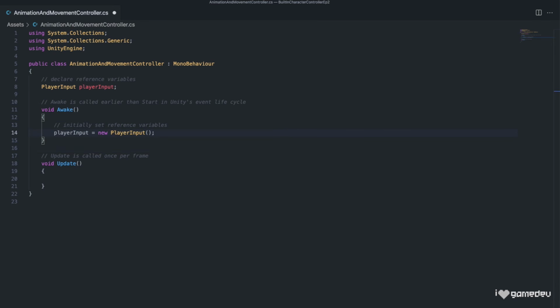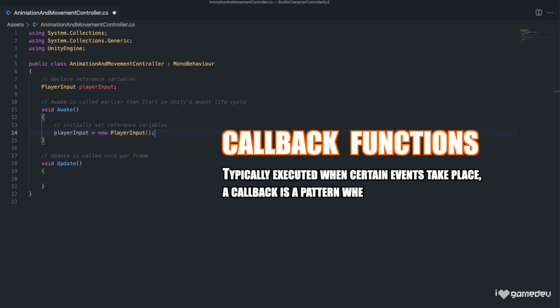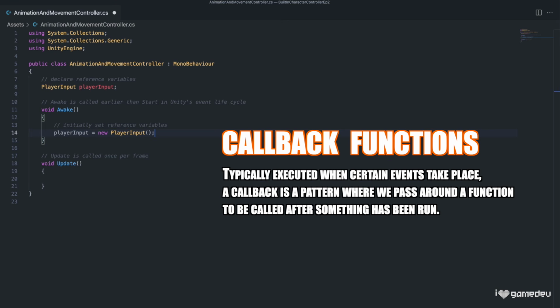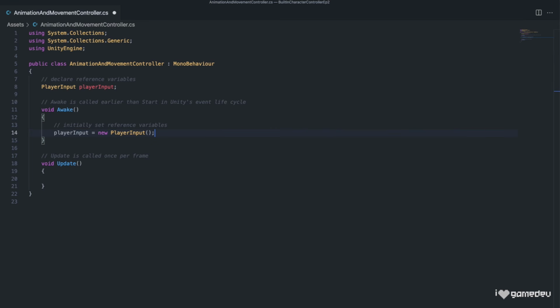With this reference in place, we can now access our action maps and actions from earlier. How can we properly do this? In this tutorial, the answer is callback functions. A callback is set up to be executed when certain events take place. For example, when a key or button is pressed or the analog stick is moved, then the callback function will be invoked. We will set our callbacks in the Awake function right below where we just set the player input reference. We can start by writing